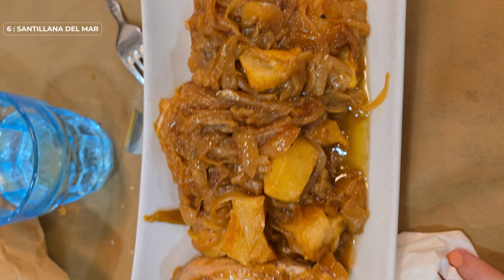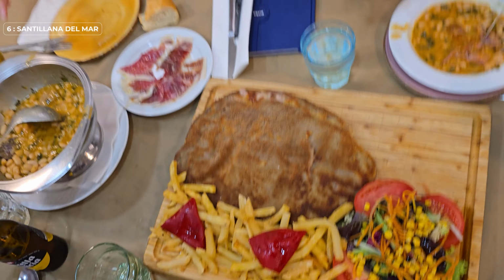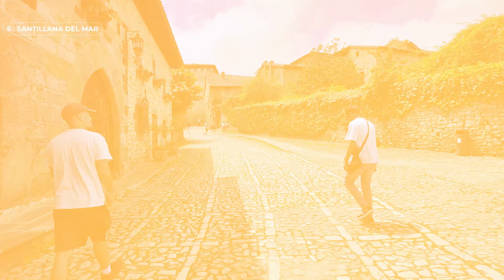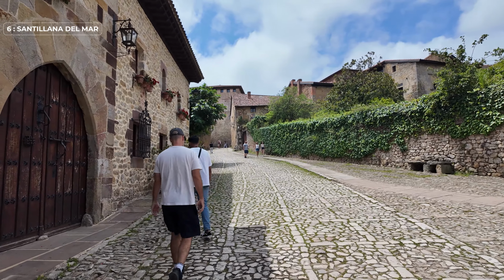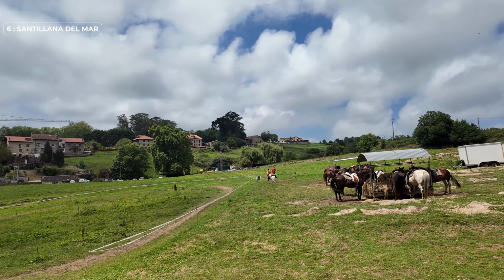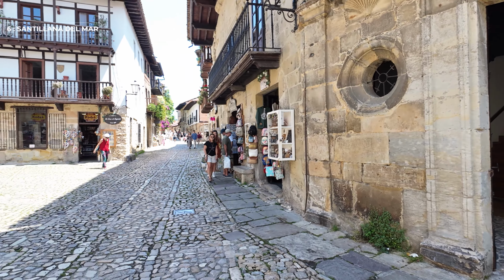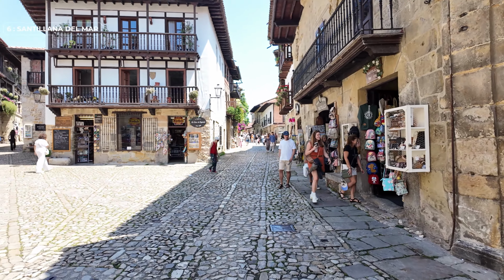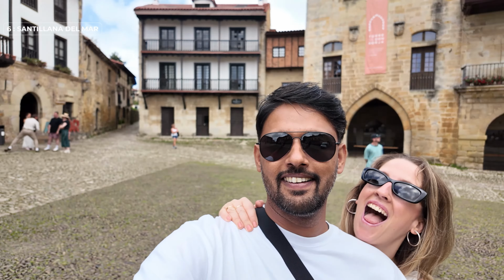We enjoyed the famous cachopo and fabes, the traditional dishes of the region, and had a fantastic lunch in the main plaza. Fun fact, it's also known as the town of three lies, because it's not a holy town, Santa, it's not flat, Llana, and it's not by the sea, del Mar. We recommend visiting the Collegiate Church of Santa Juliana, and if you are into museums, the Inquisition Museum is super creepy but interesting. Also, it's just 5 minutes from the famous Altamira caves, which leads us to...